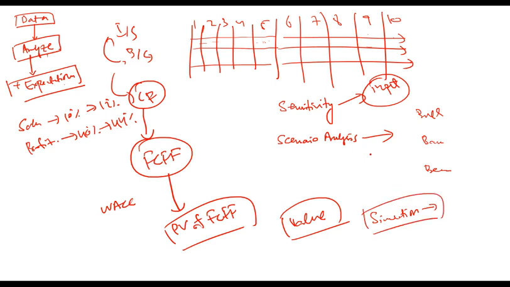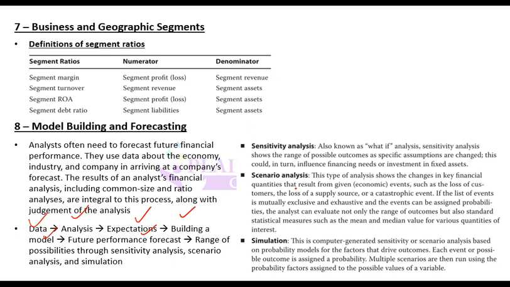What is simulation? You run, for example, thousands of scenarios, and in those thousands of scenarios you get thousands of values, and then you form the distribution of those values and find out how much is the probability of a specific value. So how much is the probability of this value, 10? How much is the probability of 12? How much is the probability of 13? How much is the probability of 14? So this is how you run simulation. This is how you make a model, and then you analyze the model or use the model.